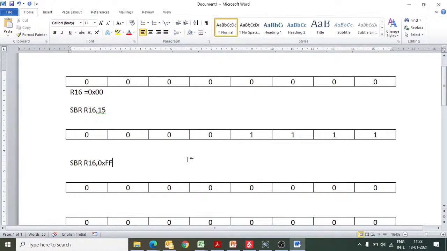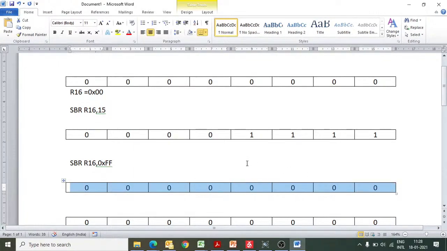Similarly, if I write SBR R16, 0xFF, what will happen? Can anyone tell me what will be the bit position of all this register? All 1, very good, right? So like this, it will become 1. This will also be 1. In this way, all bit positions will become 1, because FF means all 1.